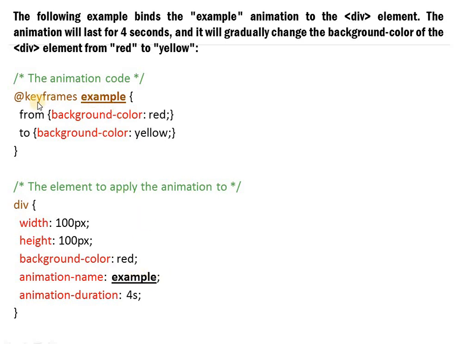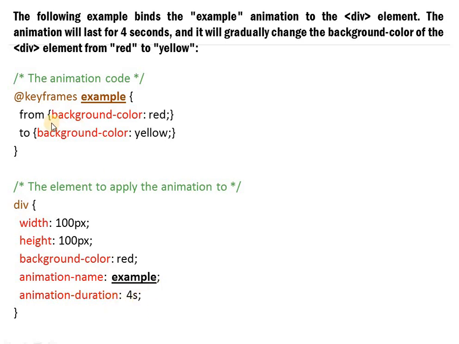Over here is the example. Now look at this. Within the style tag only, this whole portion is written in the style tag. In this style tag I have written @keyframes. Be careful, not keyframe, it is keyframes. After that you have to mention the name of your animation. You can define keyframes first and then the animation name, or you can do vice versa also. Now within curly braces I have written from and to. So what does it mean? Look over here, the animation duration is 4 seconds.